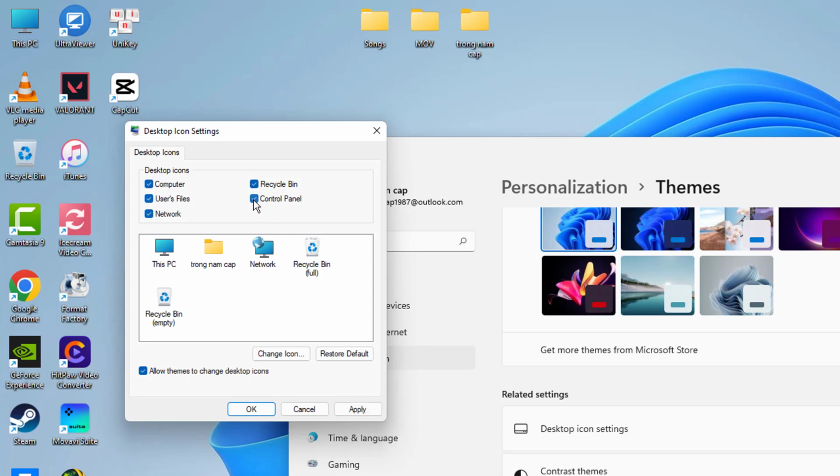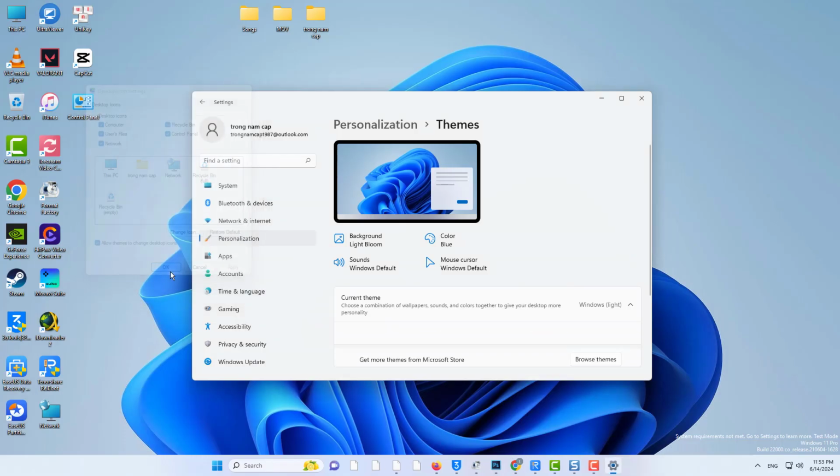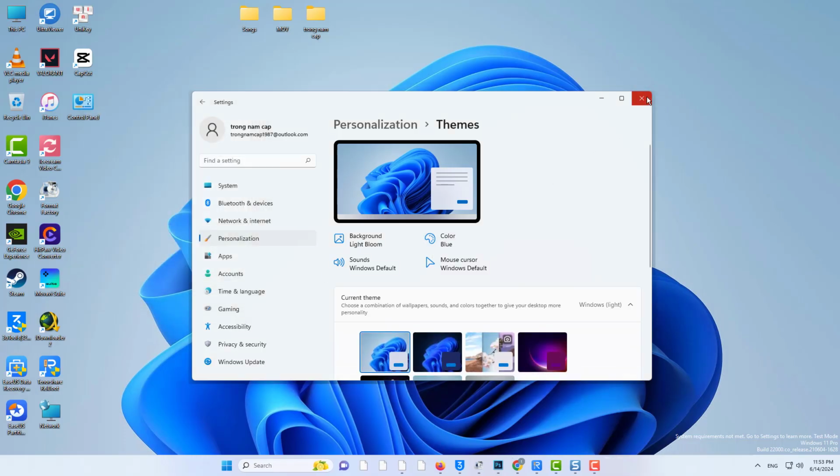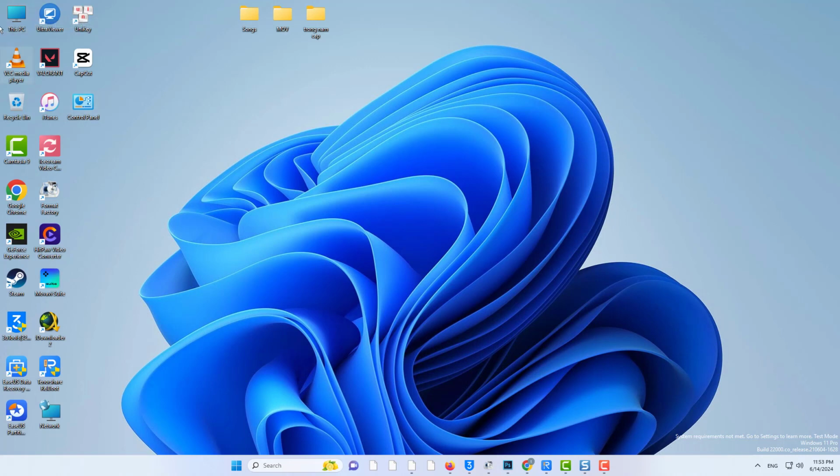And after selecting that, go ahead and click on Apply, and OK. And your expected icons will be added to your desktop. But if you want to add an application icon to your desktop as a shortcut, then there is another way